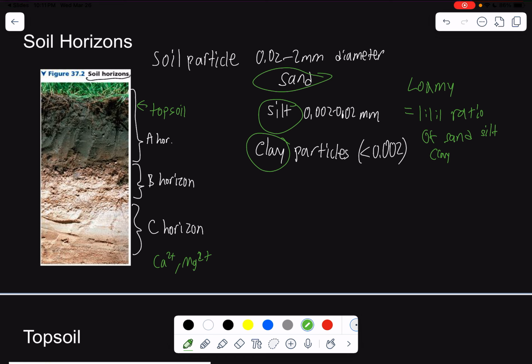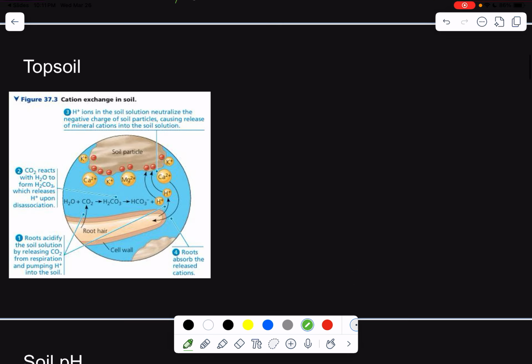Now, one thing about topsoil is that it has many soil particles in it that are negatively charged. As you can see in this diagram, which we'll get to the process later, the soil particle is surrounded by negative electrons. And therefore, since most of the soil particles are negatively charged, the plant nutrients nitrate, phosphate,